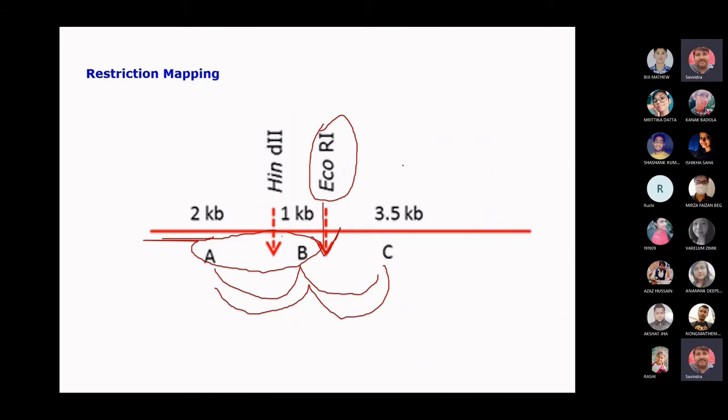Okay, so this is the last step. First, draw the line, arrange the entire sequence, cut it after individual codes, decode the individual codes, and finally you will write the name of the enzyme. So this is the way you can mark that this was the 6.5 kb long linear DNA which had two restriction site, one from one end after 2 kilobase pair, then after it has hint 2 and after 1 kilobase pair, and the distance between the two restriction site of hint equal 1 and hint 2 is 1 kb and the remaining is 3.5 kb.